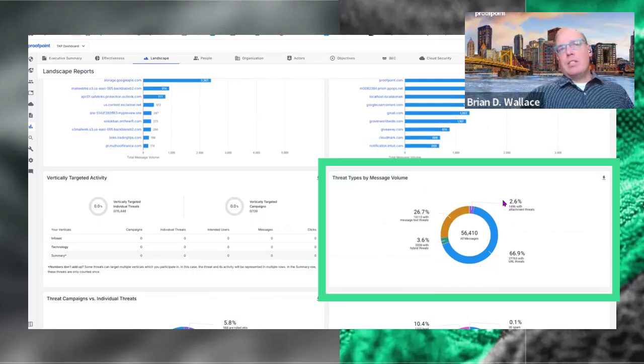So in this example, we can see that the attachment threats are 2.6%. So perhaps we may not want to spend as much time on attachment campaigns. We want to spend more time on looking at URL-based templates or even data entry type of templates. But that shouldn't say to ignore our attachment campaigns, right? We want to make sure that we mix that in because we can see that that threat is still in